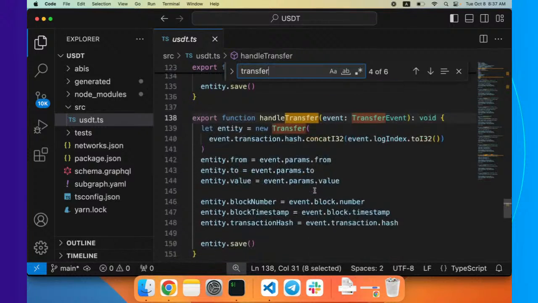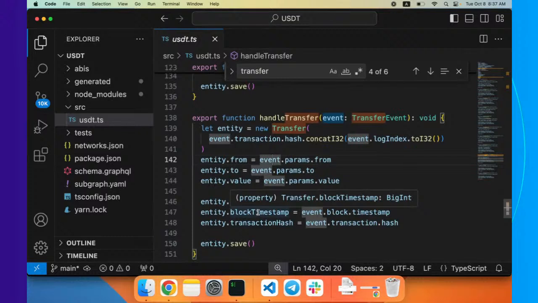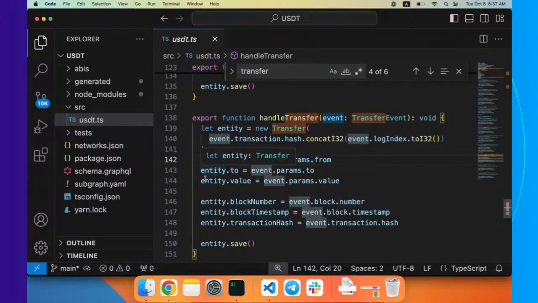We see here, for example, we have as a param to the function the event itself. And all we do is basically take the params and save them as attributes of the entities. So this is a very, very simple and default subgraph construction, basically. So that'll be it. Now what we need to do is take this and deploy it onto